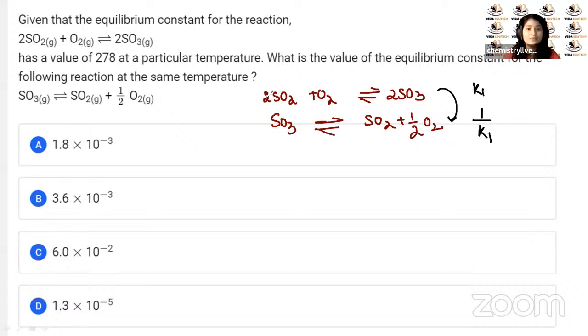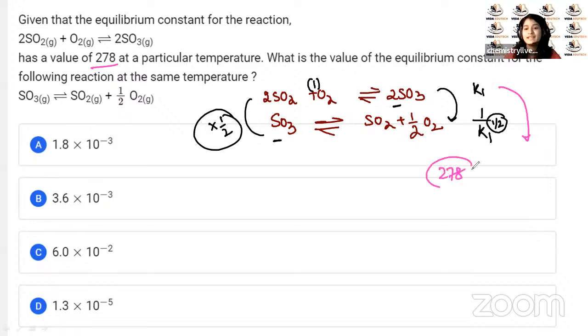फिर क्या गया है, देखो यहाँ पे 2 था, 2SO3 था, यहाँ पे सिर्फ SO3 है. यहाँ पे 1 O2 था, यहाँ पे half O2 है, मतलब यहाँ से आते वक्त half से मल्टीप्लाई किया गया. Half से मल्टीप्लाई मतलब यहाँ पावर half हो जाएगा. और यहाँ पे तुमको क्या वैल्यू दे रखा है, K1 का वैल्यू दे रखा है 278, राइट।